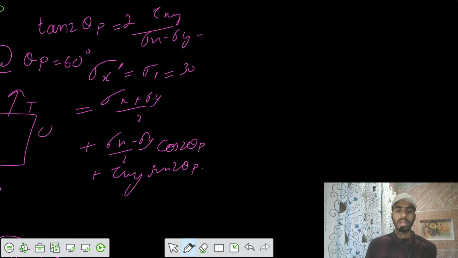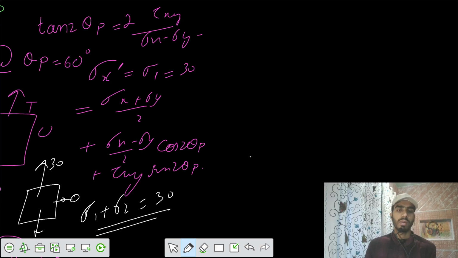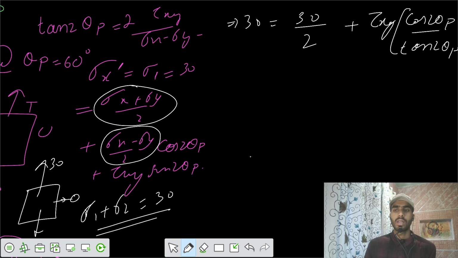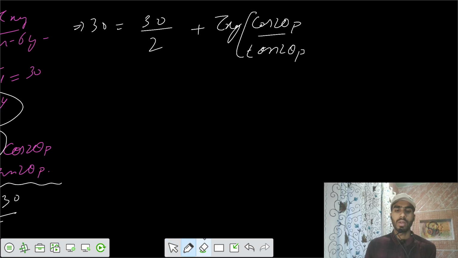And I know that by the stress invariance concept, you have stress of only 30 acting. There is no sigma in this direction, so this is 0. So I would say sigma 1 plus sigma 2 equals 30. That means sigma x plus sigma y is also 30. So I can write that 30 equals 30 divided by 2 plus, and I have substituted sigma x minus sigma y by this value, that tau xy, and I would write cos 2 theta p by tan 2 theta p. And similarly, in the third term, we have also tau xy into sine 2 theta p. So I would write plus sine 2 theta p,